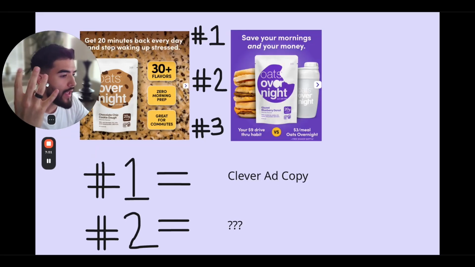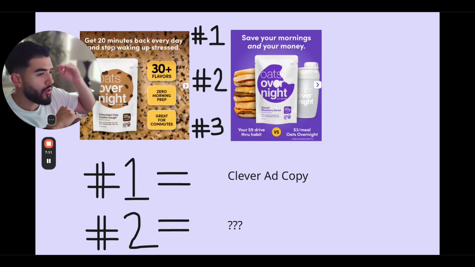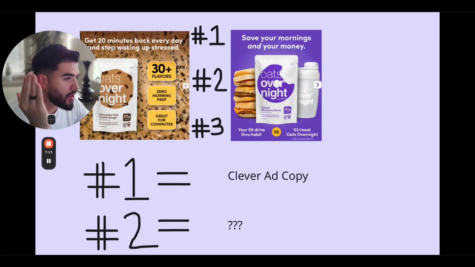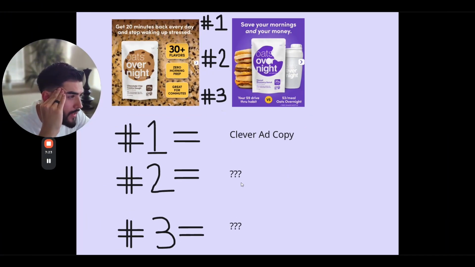So this is why, again, coming up with various personas on people who can benefit from your product that aren't all the same are great, because that's your starting point. And then you go, okay, we have to target busy moms. We have to target busy dads. Your ad copy is going to look different at the top for various personas. So that's the first place, but that's the first piece of this ad. They each have clever ad copy.